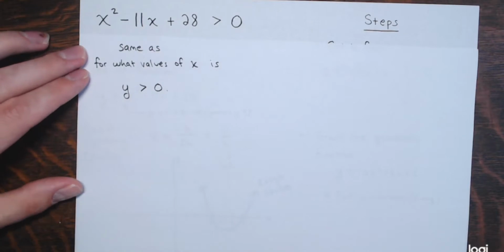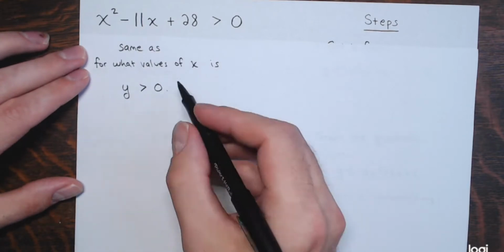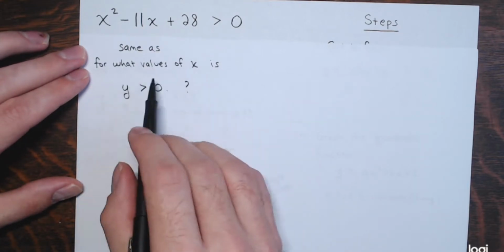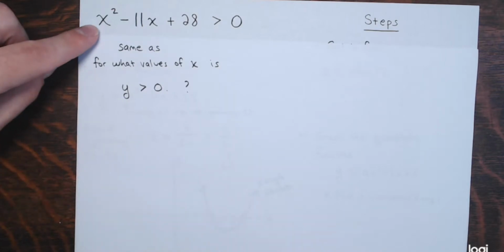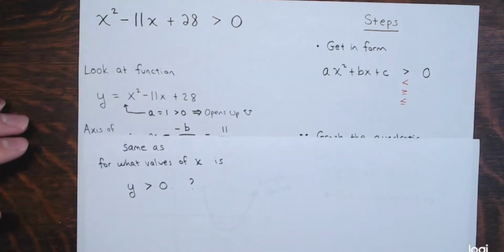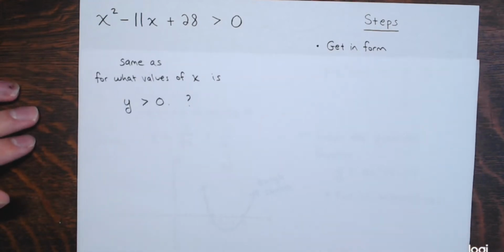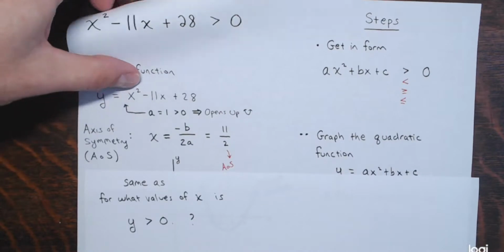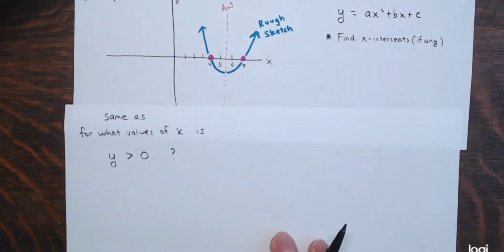For what values of x is y greater than 0, because I'm looking at the function y equals x squared minus 11x plus 28. Alright, so looking at my graph here,